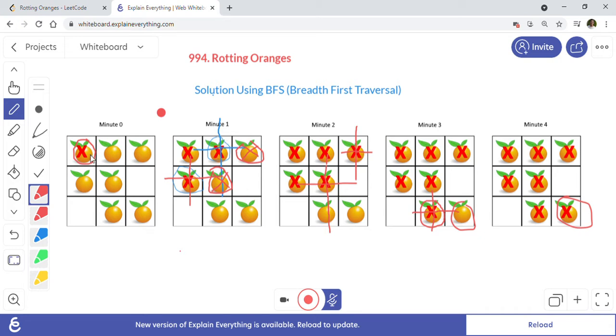So we will take the first orange which is rotten in the grid, and then we start iterating through the loop and checking what other oranges it can make bad in that minute's iteration, and we will keep doing it until either we find all the oranges are rotten, or